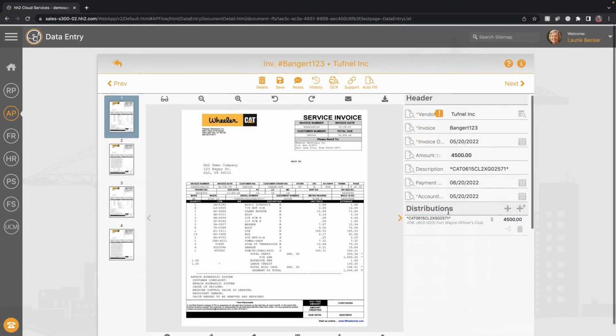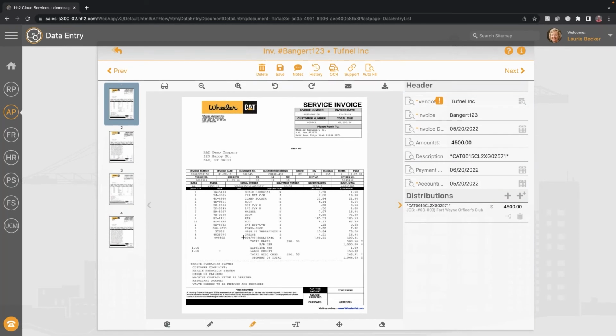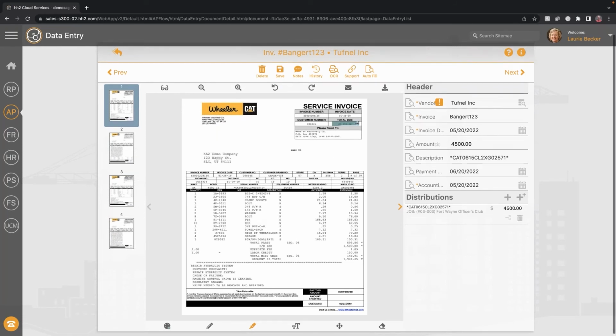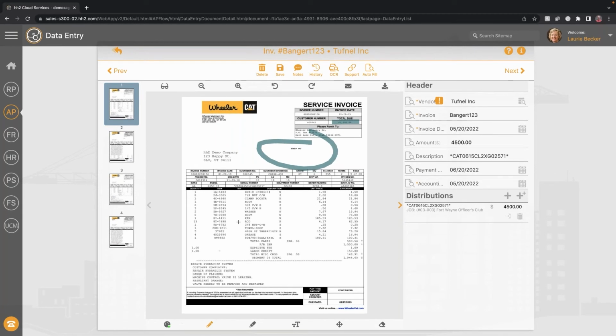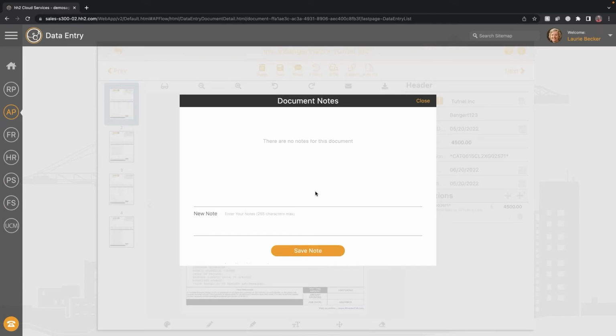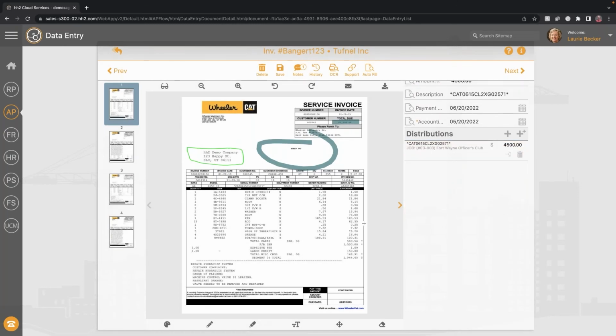A couple other tools that are available, we have annotations. So down here at the bottom of the invoice, I can go in and I can draw or highlight. So maybe I want to highlight the amount up here. Right, we have a little draw option as well. So some different tools that can be used there. We have a notes field at the top, so I can add a note. Maybe if we can type here. There we go. So again, some different resources that can be used depending on what you provide today.